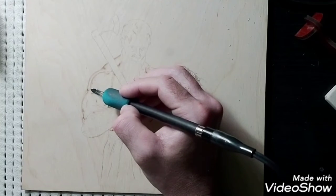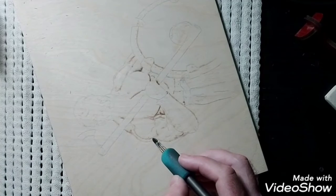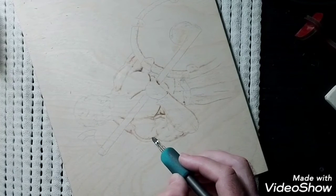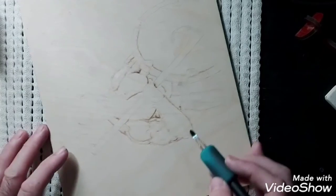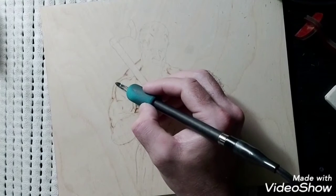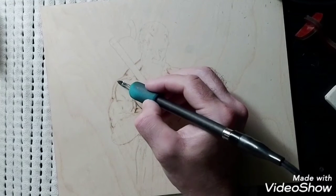And this big muscle shadows right down to here. Wasn't quite sure of how wide it should be yet, as we're still feeling the piece out. And then as we come down around this shoulder,